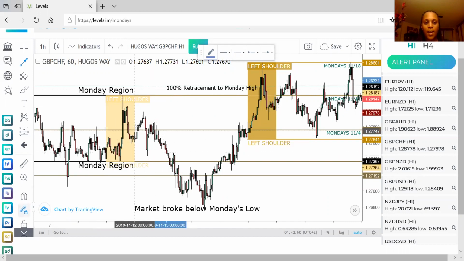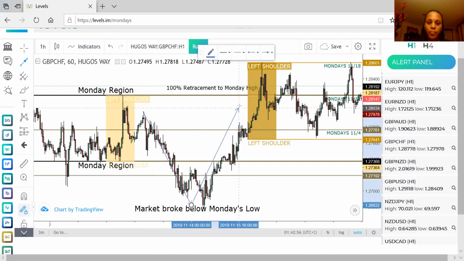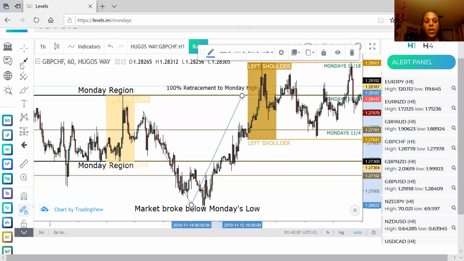So we had left shoulder, the market broke out, came down here, came back up. The 100% is going to be here, back at Monday high. That's 100%. Once you have your 100%, right, you're going to create a buy limit at Monday low